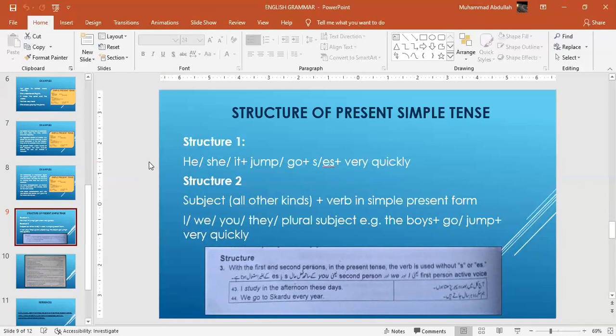Jumping is the action which is shown by verb, and who is doing this? He. So he is the doer of action, and in grammar we call him subject. So he, she, it, or any singular noun or pronoun can be the subject, and they perform the action described in the sentence. Then comes